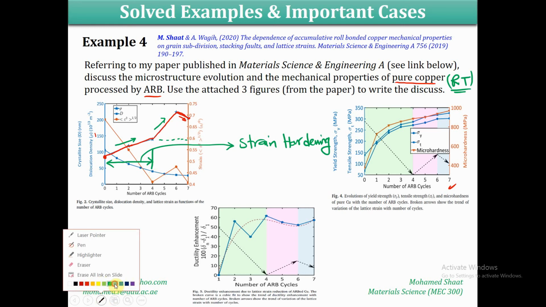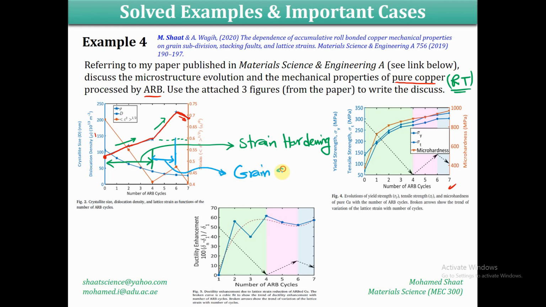Why? This indicates there is another mechanism that came into play, which is the grain subdivision. So within the other range, between the 4th cycle and the 6th cycle, we have another mechanism, which is the grain subdivision. Because of the grain subdivision, we end up with more dislocations, and this results in an increase in the dislocation density. But the dislocation density between the 6th and the 7th cycle has decreased,